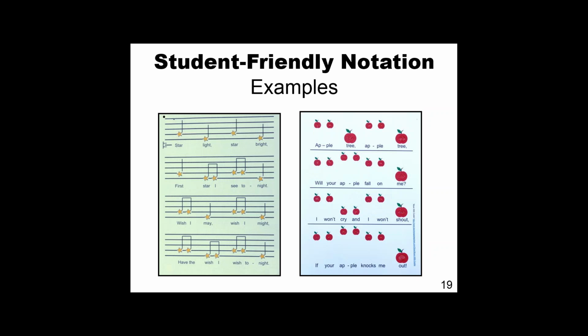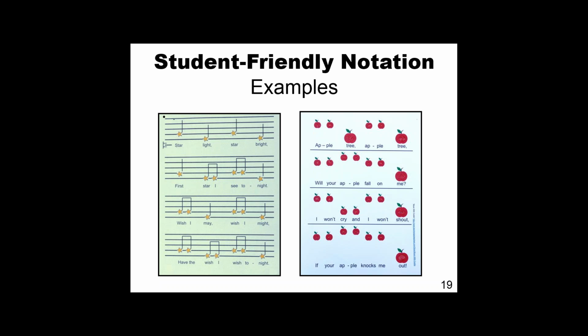Here are some more examples. An example on the left, I continued with Starlight, Star Bright, still with that student-friendly notation, but now it's on a staff, and it's resembling more of what we know as our traditional notation, but we still are using student-friendly images. You'll also notice here that the star size is actually all the same. So I actually took that one variable out and I made everything the same. And I did that, one, to help it fit on the staff better, but two, to help the students realize, now they know how long a quarter note lasts and, hopefully, how long eighth notes last. But now we're looking more at the pitch and putting it all together in one picture.